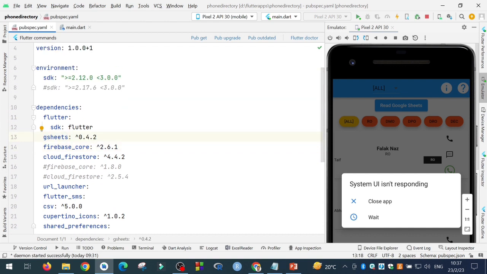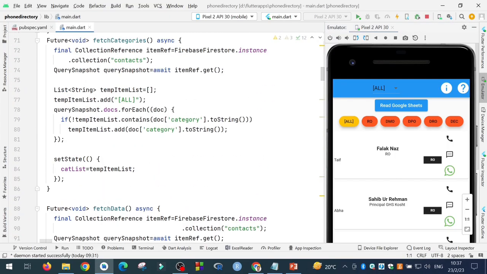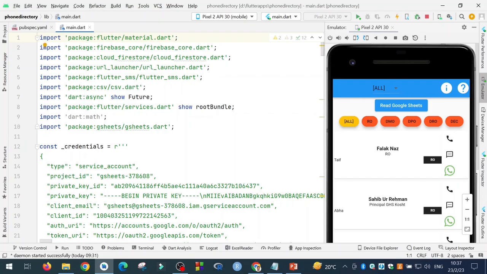I have 0.4.2. It depends on your application. This is what we have to do in the pubspec YAML file. The next step is you go to your main program, and over here you import the package